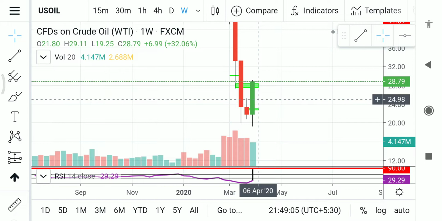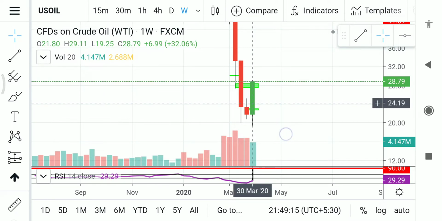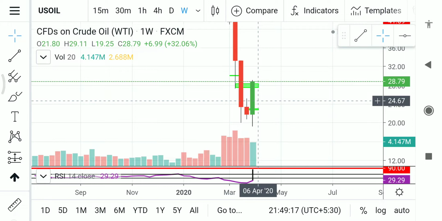On 6th of April, on Saturday and Sunday, much news might have been triggered. We don't know, and we can't analyze each and every news. They may be positive, they may be negative, we don't know that. We have to wait for the opening of the candle on Monday. On the Monday opening candle, we will see a huge reaction, whether it's positive or negative. We will come to know